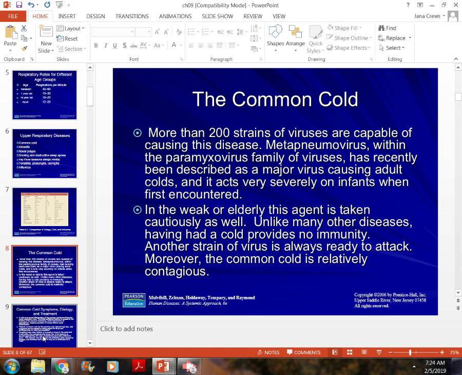With the flu, we generally have flu A and flu B. If I have flu A this season, I'm most likely not going to get it again. If I have flu B, I'm most likely not going to get it again, because there's not hundreds and hundreds of strains of flu. But with the cold, there are 200 different strains, and based on our age also determines how severe it is, but it is possible for us to get another strain.